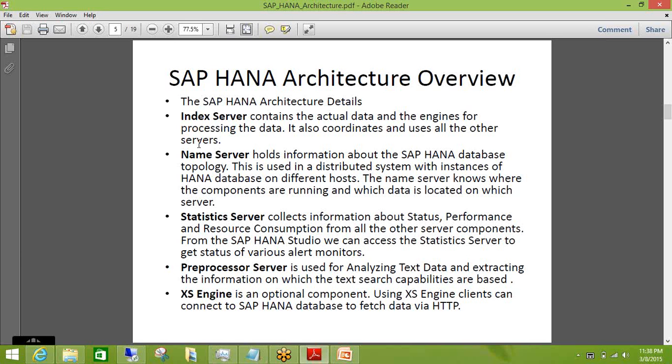When you are getting transactional data, or data for posting on a server system, if you are running a transaction, you will get data, and multiple processing engines will process it in a faster way. That is the meaning of multiple engines. So when we are talking about the index server, it contains the actual data, which might be residing in a table, plus the different processing engines we have as a part of the HANA server.